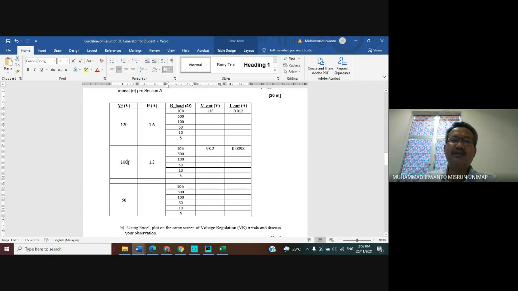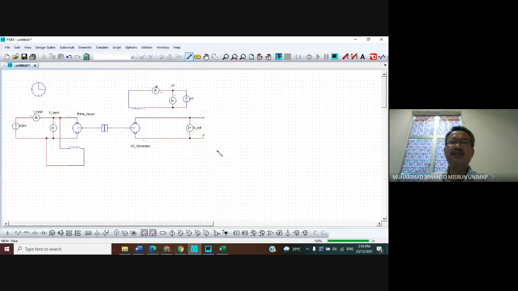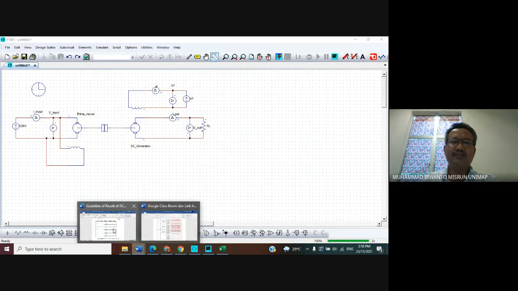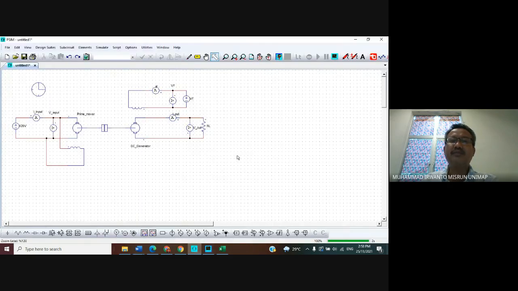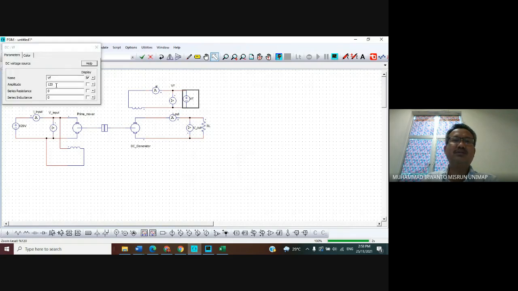We change 120 to be 100 for the field voltage.